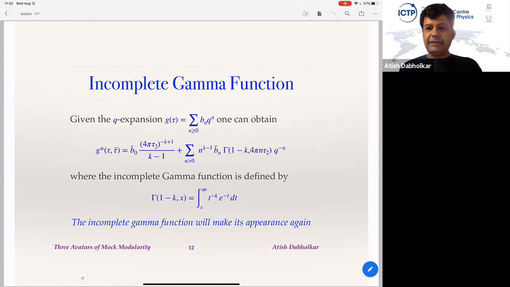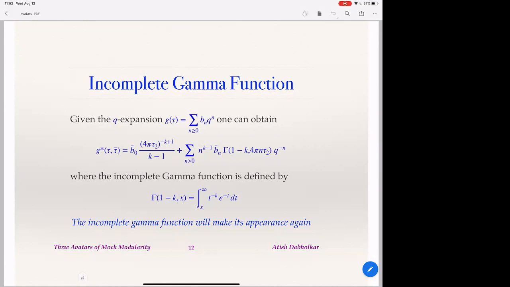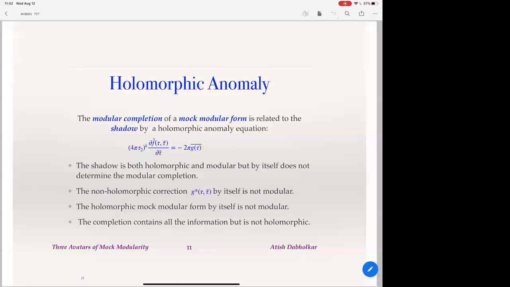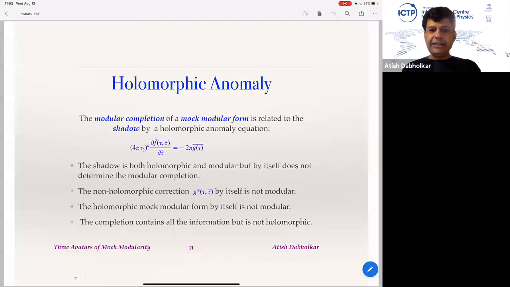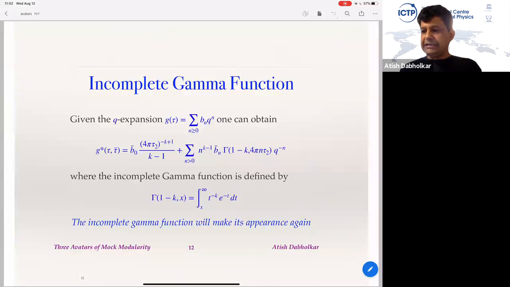So may I interrupt for a while? Yes. Actually, you just said that the G star part was indicating the shadow portion in the equation, but just in the previous slide, there was a term G tau bar. What was that part indicating? Yeah, I will explain now. So you take G of tau